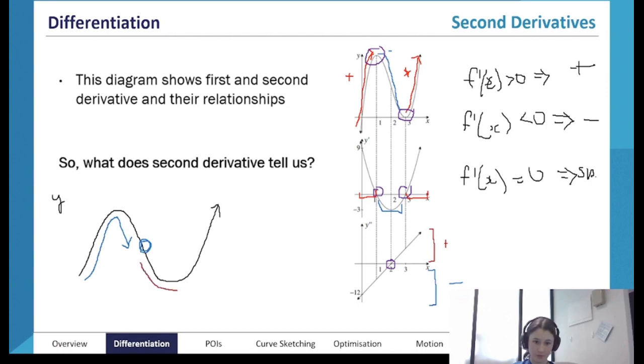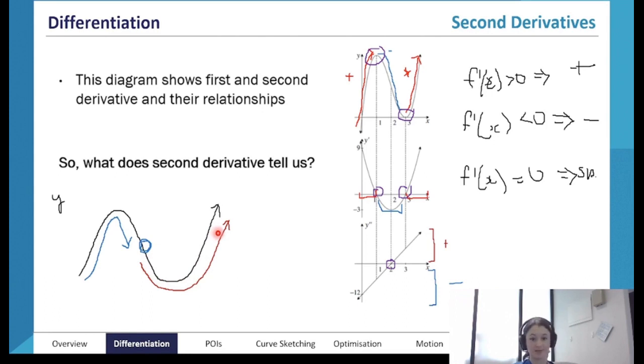From here onwards, the gradient is actually getting more and more positive, and that's because even though the gradient itself is negative here, it's actually approaching zero. So it's really steep, but it's getting less and less steep, and then it gets to zero here. So it's getting closer and closer to zero. It's actually getting bigger throughout this whole section, and then as it comes up here, the gradient is positive again,